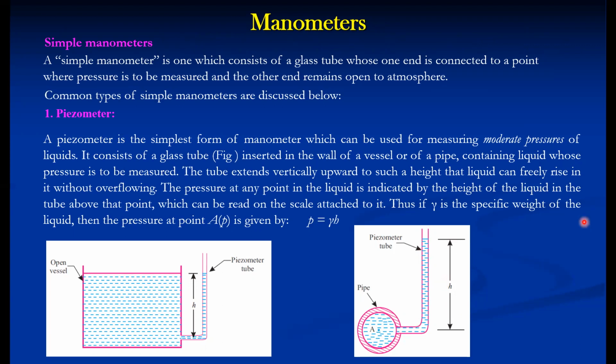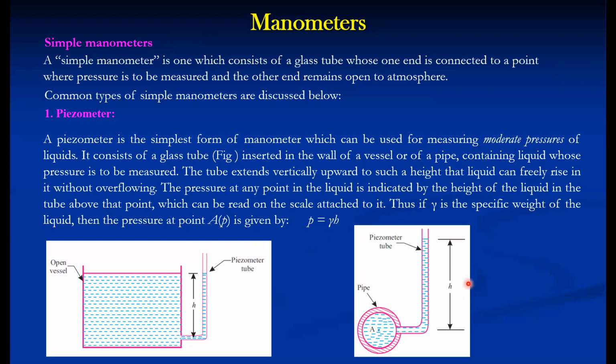And in order to convert it into a conventional pressure intensity, it is multiplied by gamma. This is according to the hydrostatic law that we have discussed in the previous lecture, that is P is equal to rho g h, or P is equal to gamma h. So in order to convert pressure head into pressure, we have to multiply by gamma. Gamma is the specific weight of that particular fluid. Then this pressure is in Newton per meter square, if gamma is taken as Newton per meter cube as specific weight. So this is a pressure intensity.